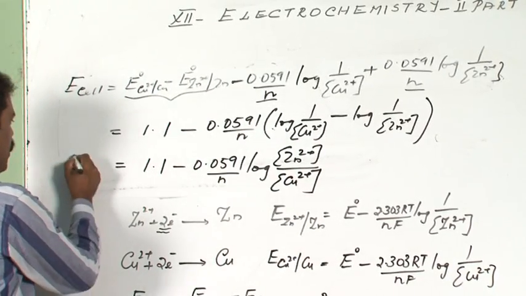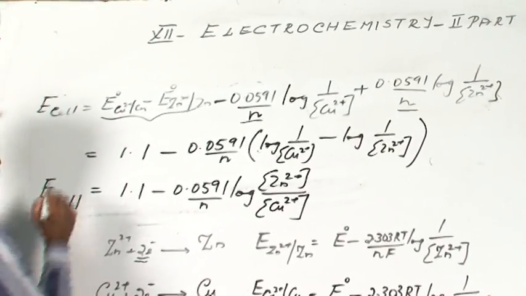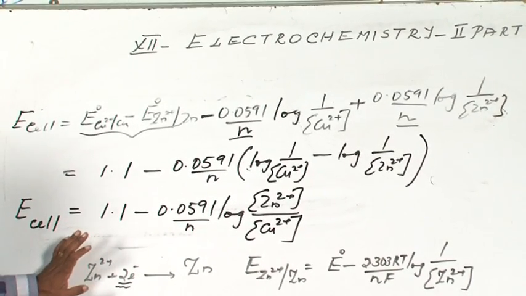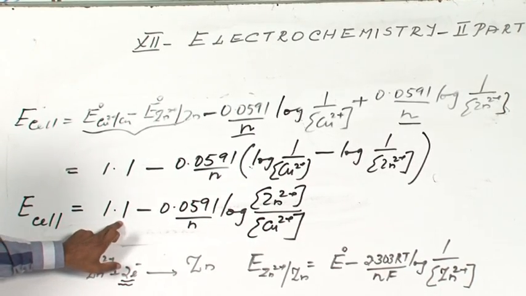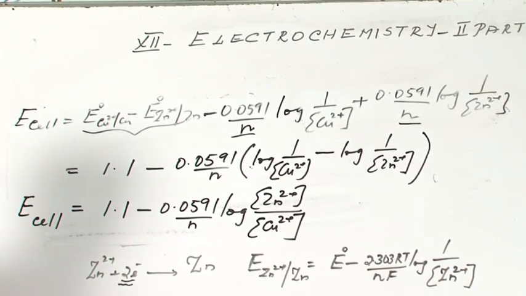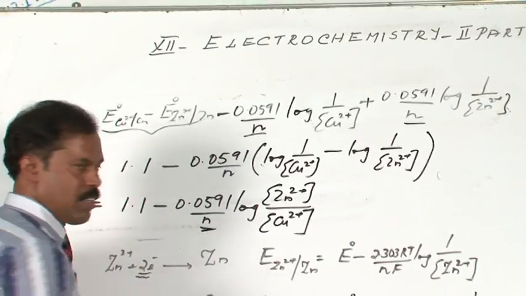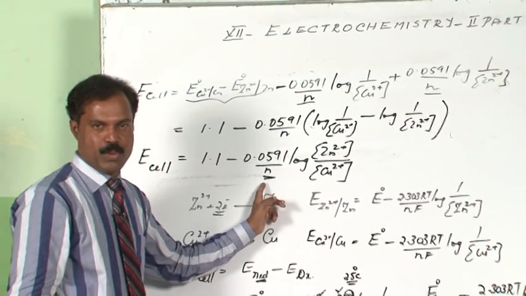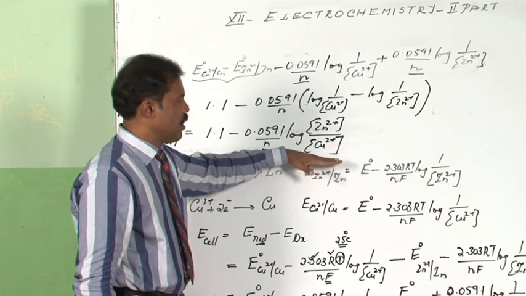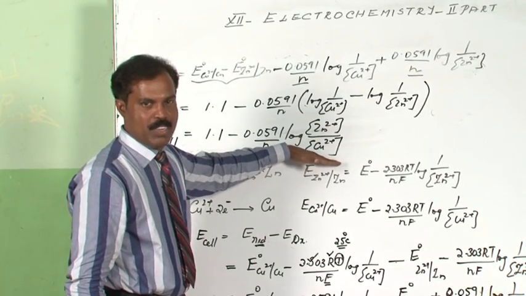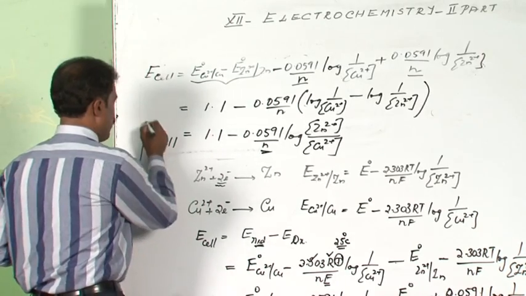This is the E of the cell, which is not under standard conditions. We need the EMF of the cell under standard conditions, which is 1.1. n is 2 in this case, because 2 electrons are involved in the process. On the numerator, you have Zn2+ ions. In the denominator, we have Cu2+ ions, which means the EMF of the cell